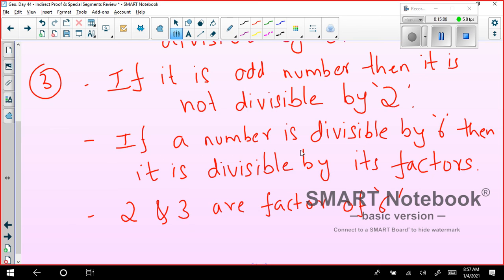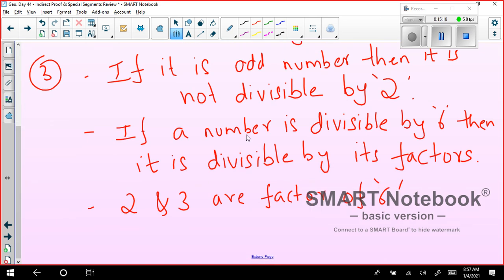So from this statement we should have, if it is an odd number, then it shouldn't be divisible by 2. That's what is the required thing, but we are getting here 2 will become one of the factors. So in the subsection of the third, fourth step, I can say that